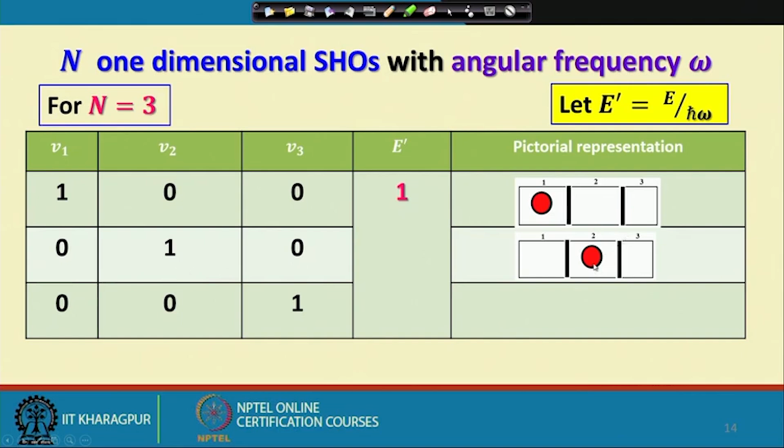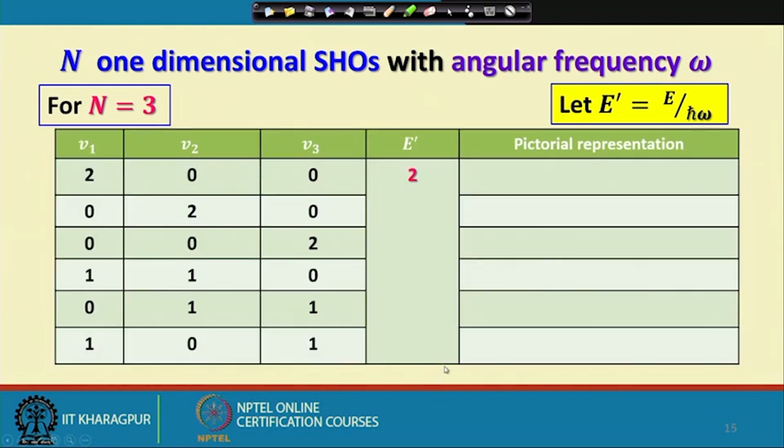Therefore, this red ball corresponding to 1 quantum of energy has been added to compartment 2. Similarly, this is the pictorial representation of the microscopic state that is characterized by V1 equal to 0, V2 equal to 0 and V3 equal to 1. Now that we have introduced this pictorial representation, let us see what the pictorial representations are going to be